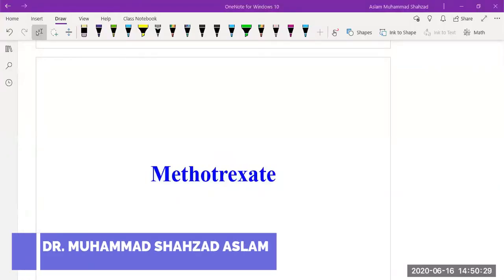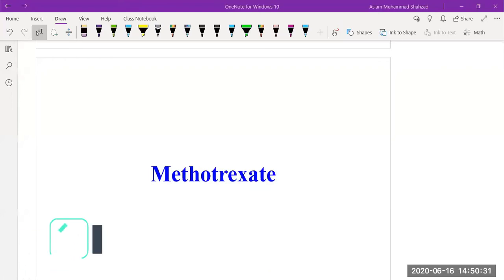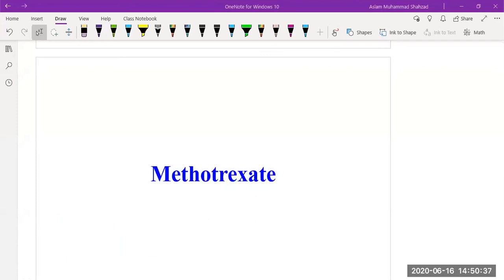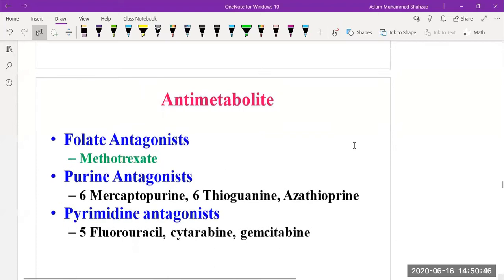Do you know methotrexate has been used for the treatment of choriocarcinoma, which is a gestational trophoblastic disease? So what is today's topic we are going to discuss? We are going to discuss methotrexate, which belongs to the anti-metabolite category or classification of drugs. We also have other drugs, as you can see in the sub-classification: folate antagonists, purine antagonists, and pyrimidine antagonists, and the names of the drugs have been given. So this is under the classification of anti-metabolites, and under sub-classification they are folate antagonists.